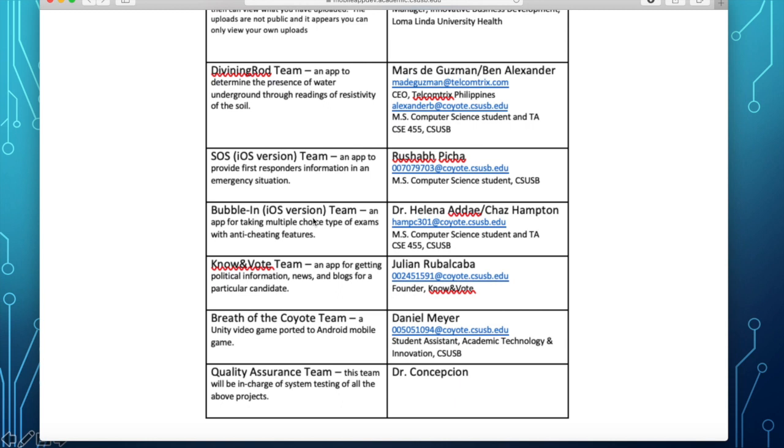and we will have an iOS version of it. Okay, Know and Vote is a project requested by Julian Rubalcaba, and what he wants is